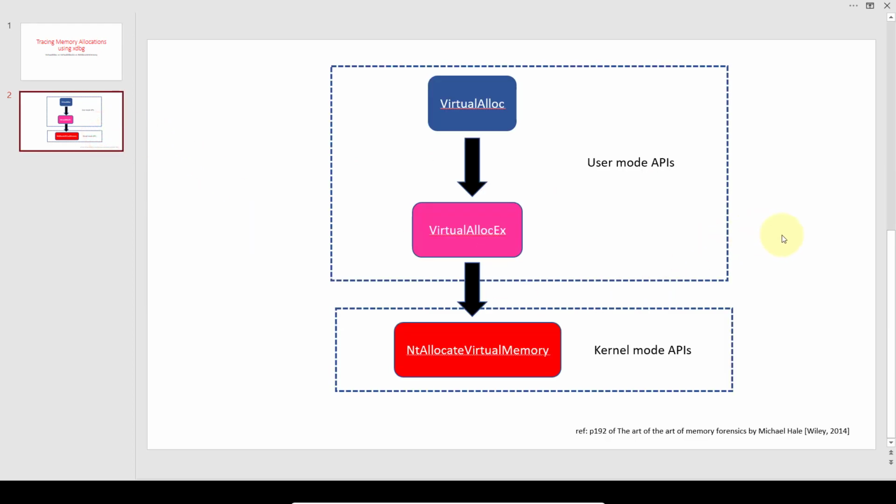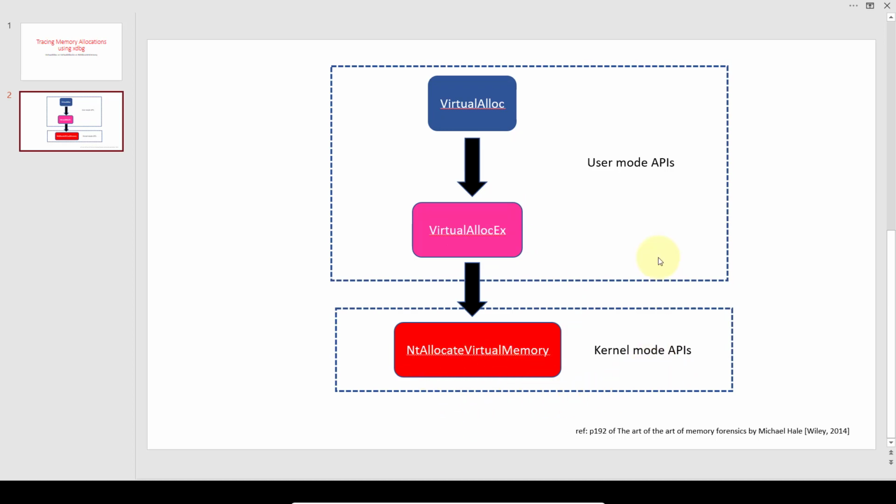This diagram here shows a very good relationship between the three APIs. At the top is the VirtualAlloc API, and then VirtualAlloc sometimes is recognizable as VirtualAllocEx, which is also similar to VirtualAlloc, and they both belong to the user mode APIs. Ultimately, all of them lead to the kernel mode API called